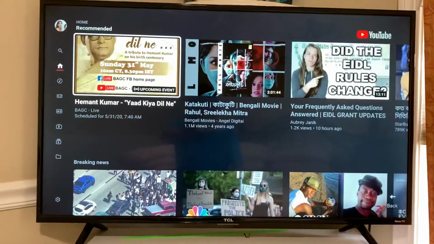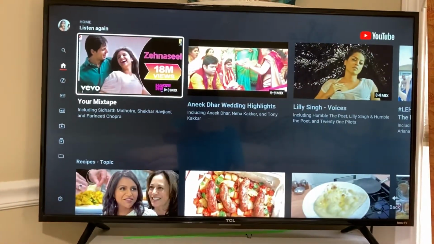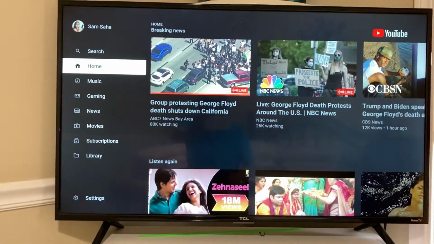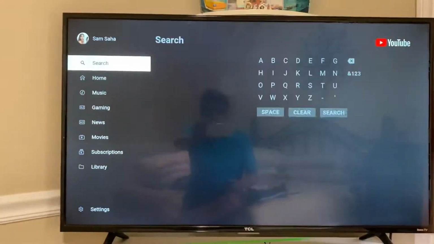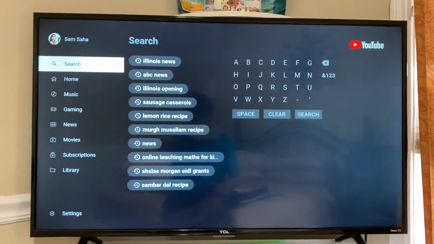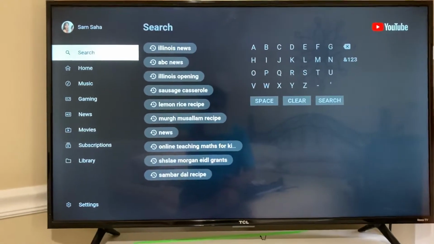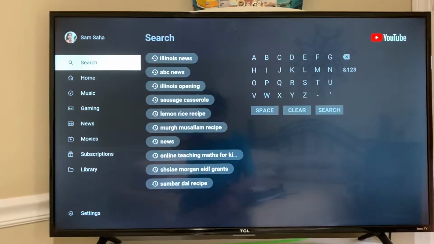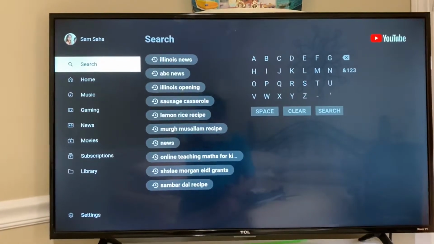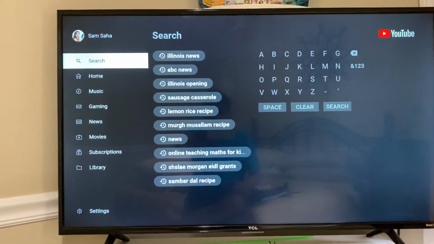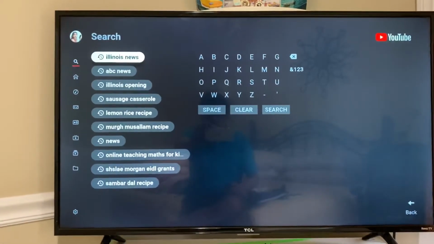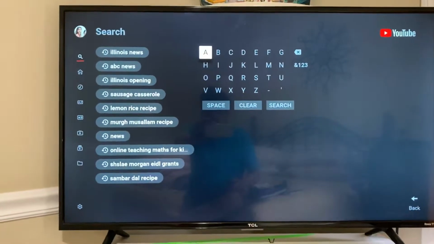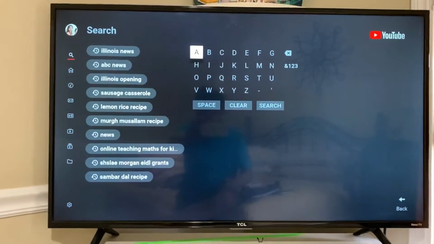So the YouTube app will come. And just like I had it previously, PAGC Live comes up in search, but I'll show you on my search. You see there is a search button on the left hand side. Typically on the YouTube app, there's an hourglass, a looking glass. So you click the search and then you come to the actual search screen where you can type PAGC Live, PAGC-Live or space live, and you'll see that.